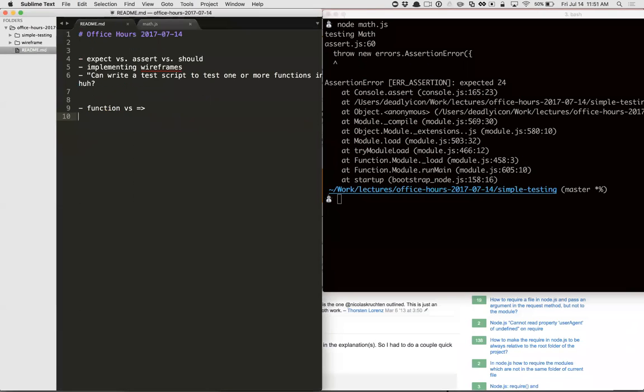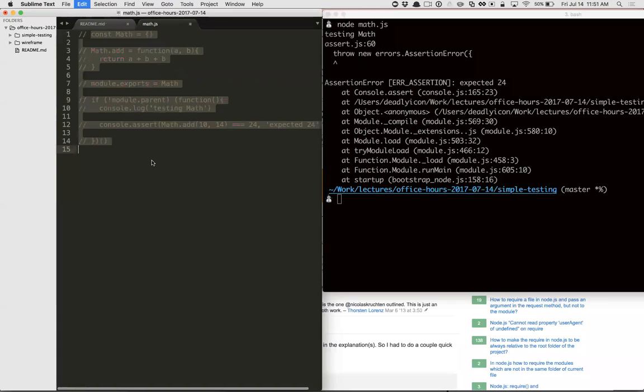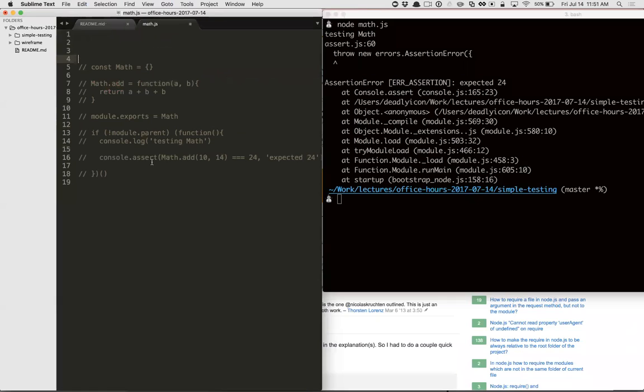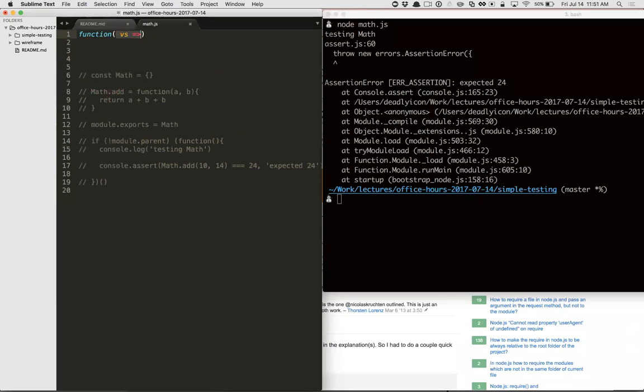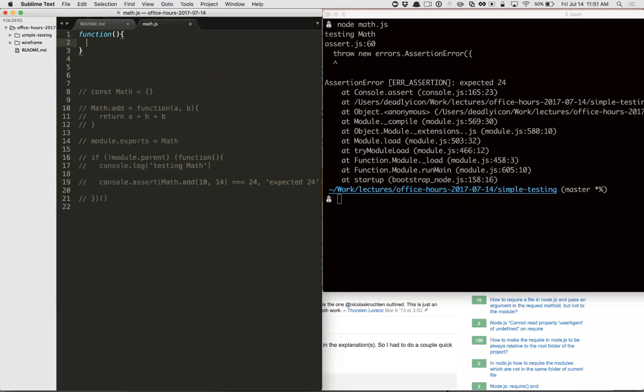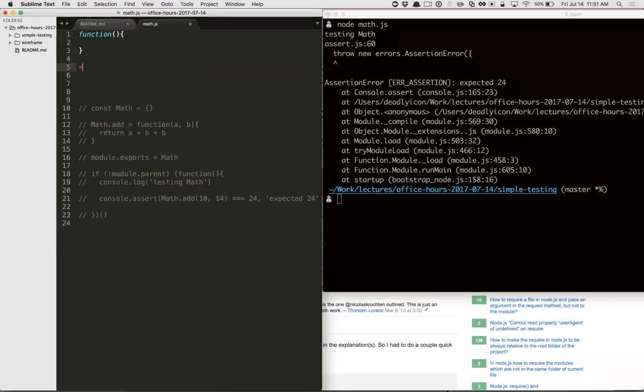Cool. We have time for function versus function. Okay, so function. This should be pretty vanilla, but the difference here has to do with arrow functions bringing two important things.